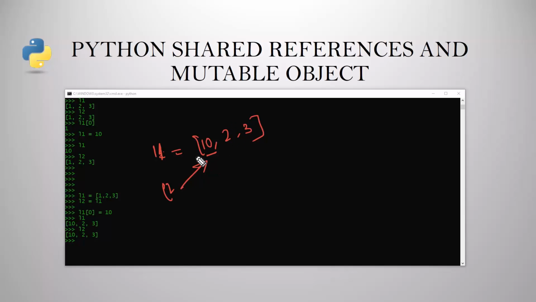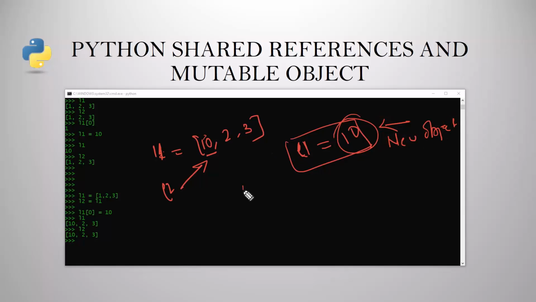It means it is referring to an object that has been overwritten in place. Earlier we have seen that whenever we assign a value to a variable, it creates a new object. But in this case, it is overwriting the same memory space.